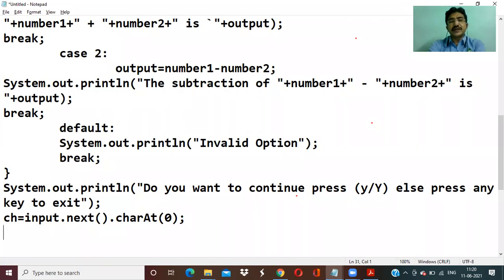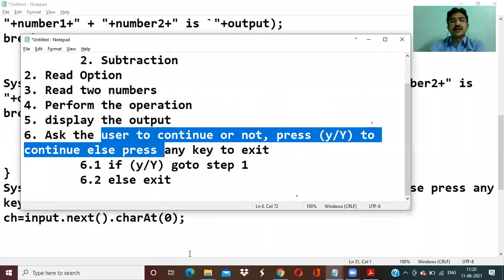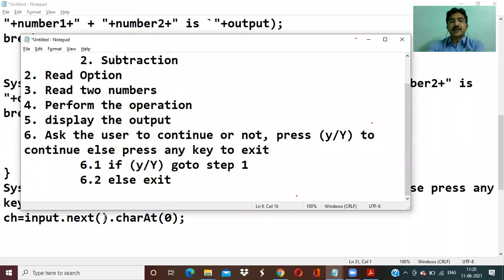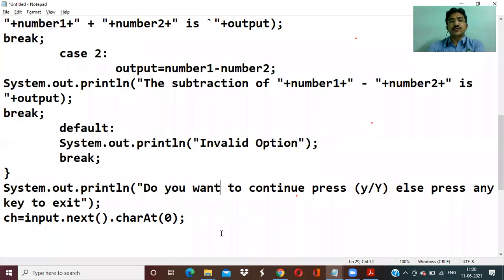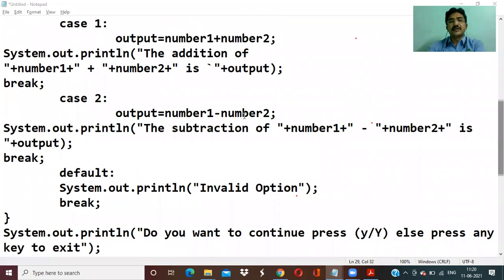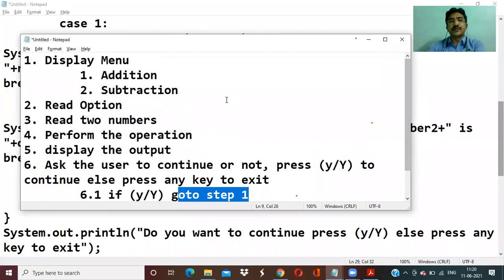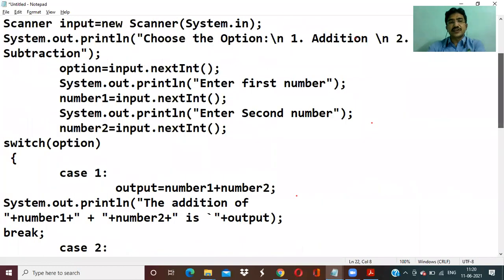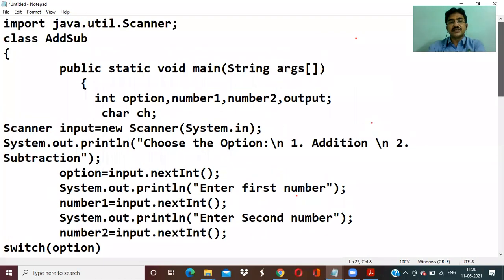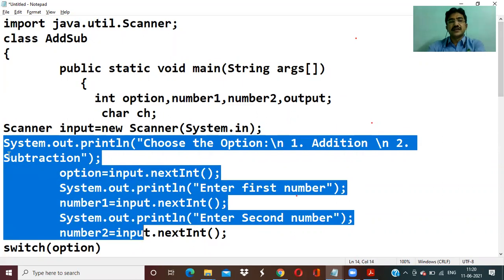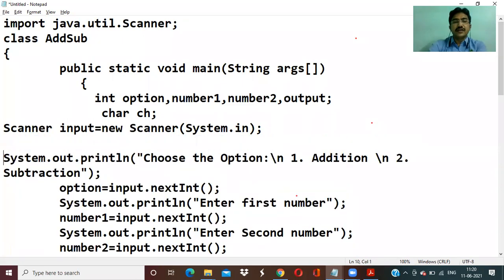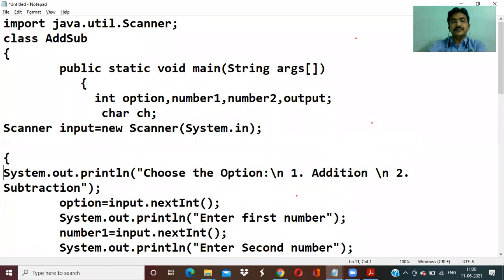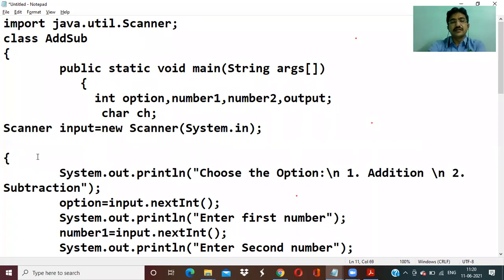Now, if I press Y or capital Y, what is the next procedure here? It has to go to step 1. What is the one step here? Display the menu. It has to go from the starting. Now it has to come back to here. We have to keep from here